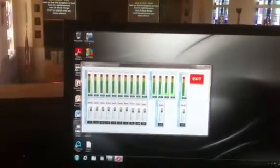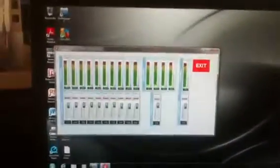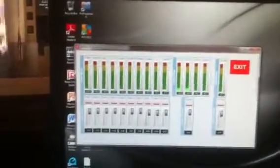If you think during a worship service you are going to have to be changing audio levels, adjusting them, you can click on this church audio, and we double click on this. This is a software program that is connected to our sound system. And so just like this mixing board over here,